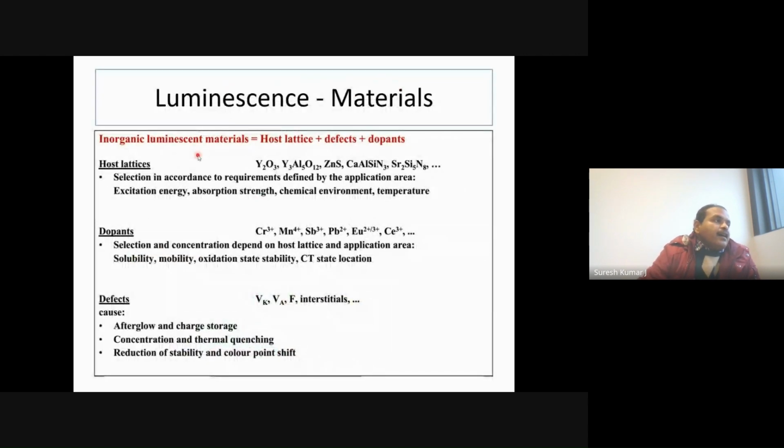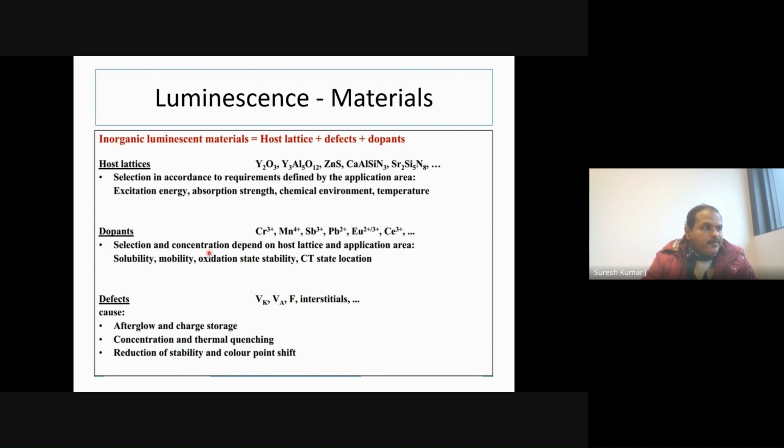So how is this photoluminescence produced in the material? It can be from the host lattice, dopants, or defects. Some host lattices with their defects can produce photoluminescence, or dopants, which are extraordinary photoluminescent ions, produce light